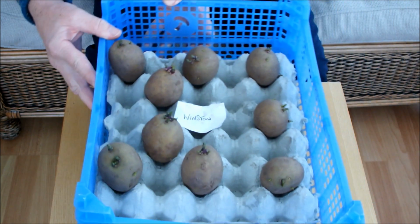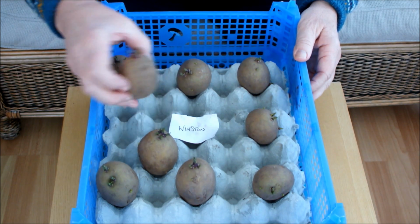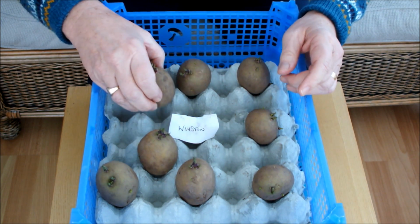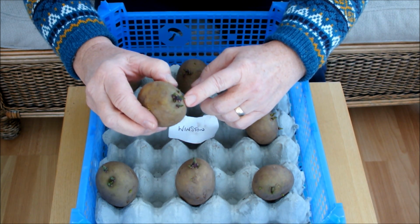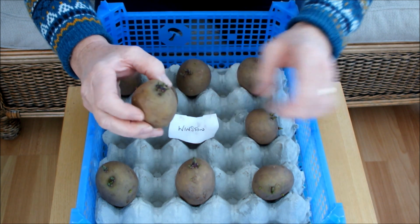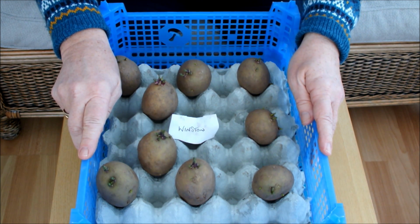This potato is one I had a lot of success with last year. This is Winston. And as you can see, Winston has chitted up really well. These guys should be going into 10-inch pots within the next couple of weeks, and that'll be the early potatoes sown. But what I noticed last year was that